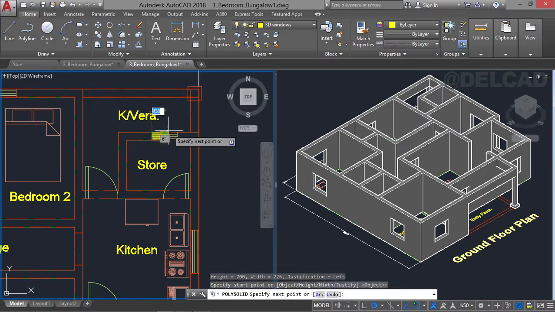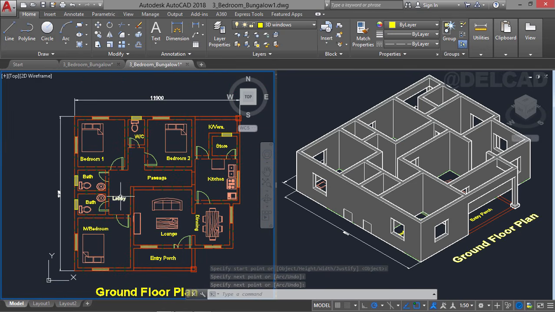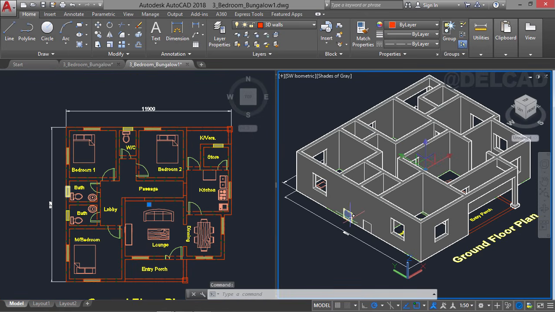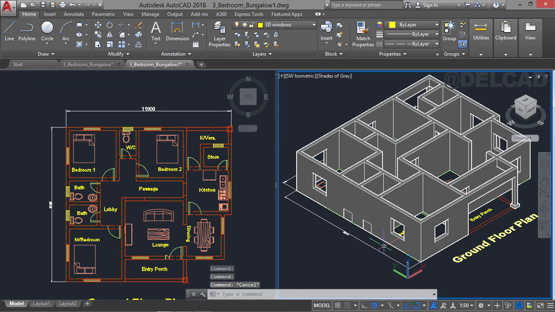We can then draw the smaller windows just like this, all through. So having drawn the smaller windows, the next thing also is to move them some distance up. If you look at the 2D, 3D drawing on this other side, the smaller windows are located at the floor level. So we're going to move this up by a distance of